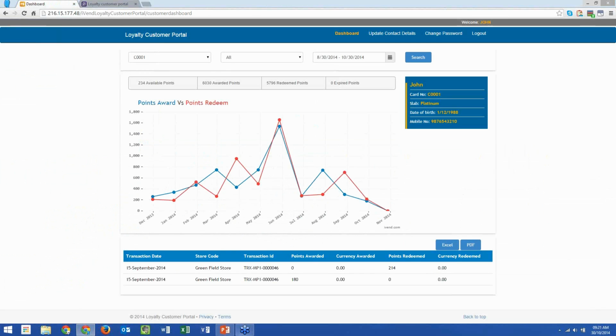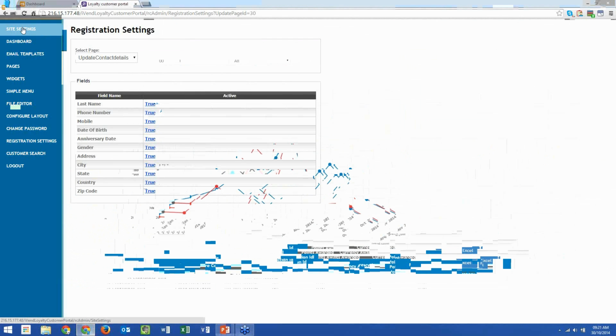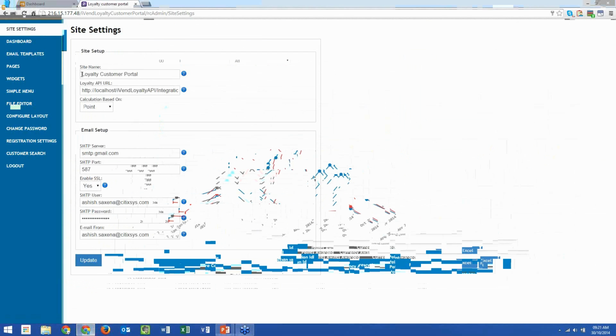Now, the next thing, before I dive into marketing pages over here, I'm going to go through some small settings that we have on our customer loyalty portal. The first thing being the site settings. Over here, we can actually change the site name. So it might be customer loyalty portal, but our customers might not want to call it that. They might want to call it